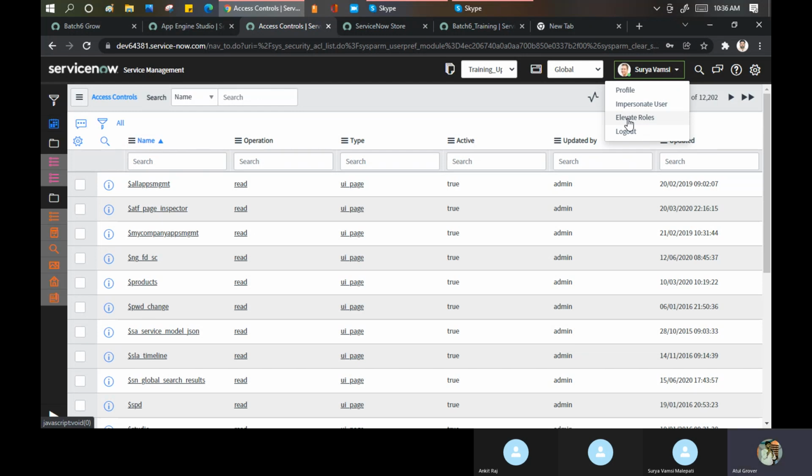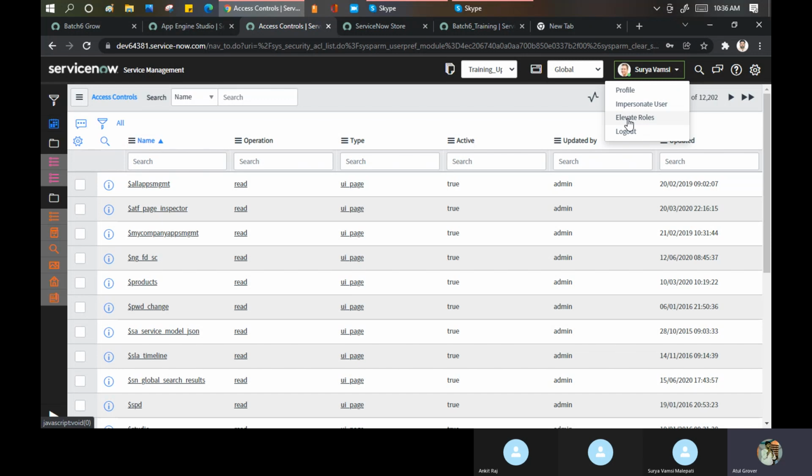If by mistake or intentionally or knowingly you put the flag down, they take away the complete barbecue from you and say, okay sir, now time for the main course. अब आप कितना भी कोशिश कर लो, they will not serve you the starter again. That is called the elevated role.